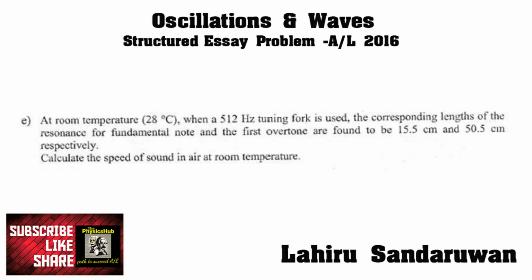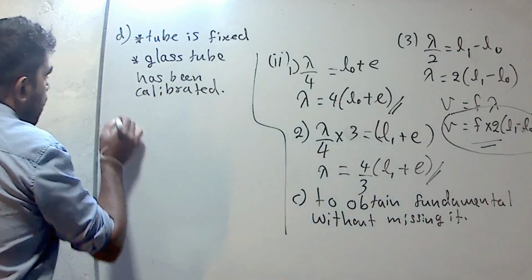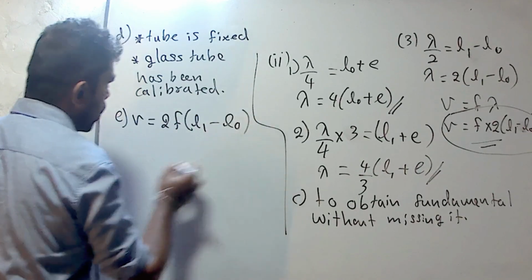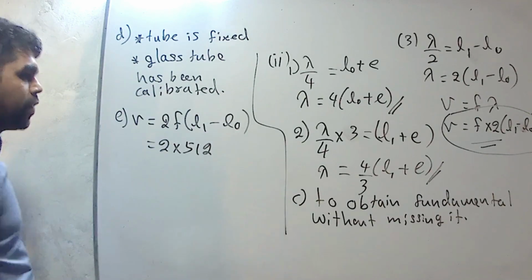Then part E, at room temperature 28 degrees, when a 512 Hz tuning fork is used, the corresponding lengths of resonance for the fundamental note and first overtone are found to be 15.5 and 50.5 centimeters respectively. Calculate the speed of sound in air at room temperature. We have to use this equation. We can write v equals 2f times L1 minus L0. The frequency is 512, it is given in the question. The difference between the two lengths